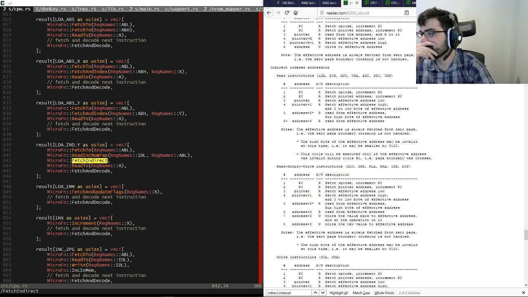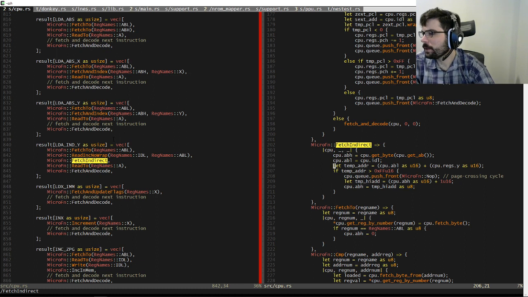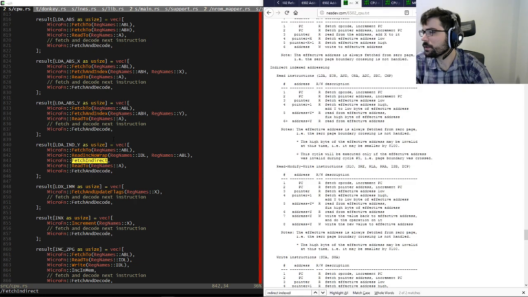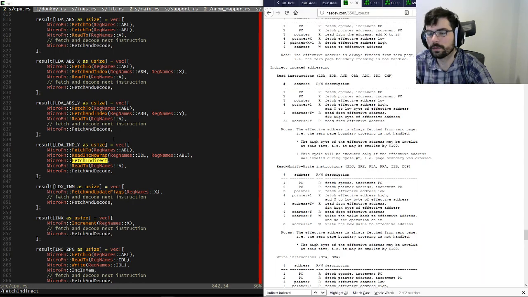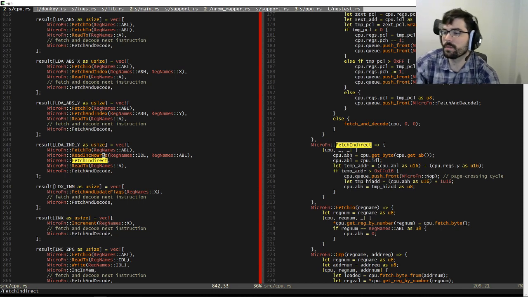Add Y to low byte. And then if we do hit page cross, then this is to fix the high byte stuff. So that ought to be fine. And then read from the effective address into A. So maybe this increment no wrap was the problem.